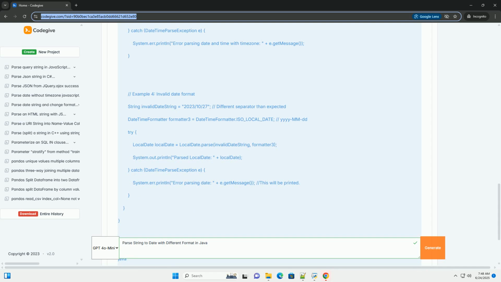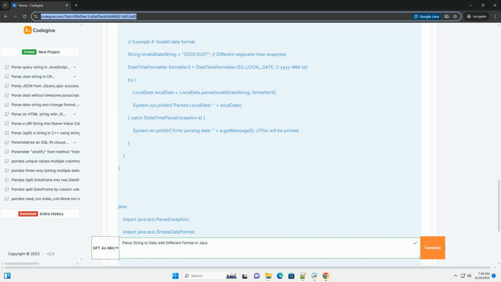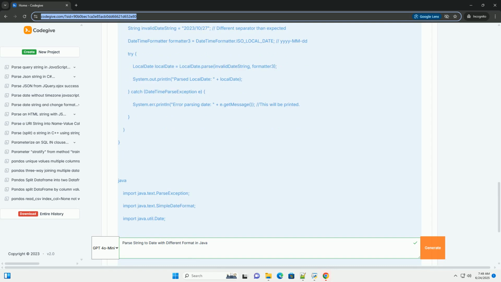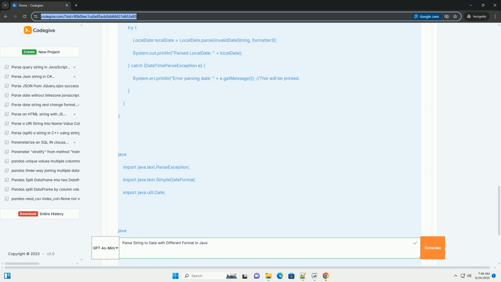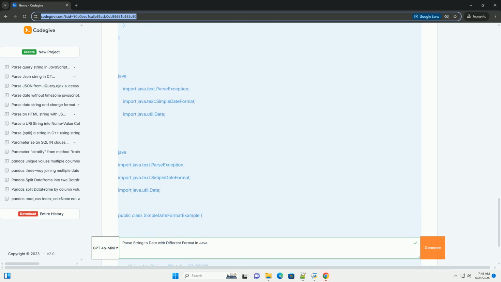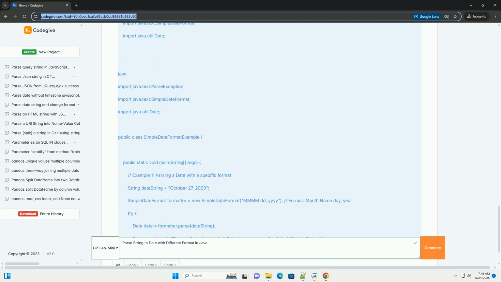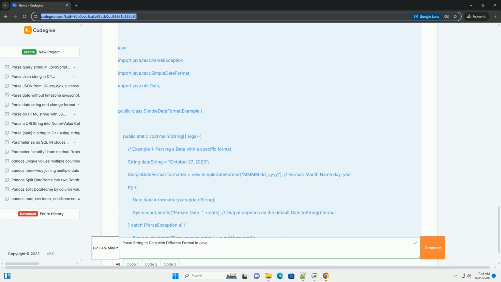1. Introduction to date and time APIs. Java offers two main APIs for working with dates and times. java.time, Java 8 and later, the modern and preferred API. It's designed to be immutable, thread-safe, and provides a more intuitive and comprehensive set of classes for handling dates and times. Key classes include: